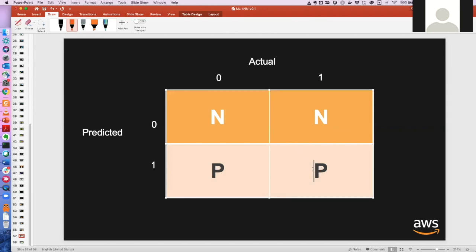Let's say this right bottom block. Here I predicted positive and the actual is also positive. That means it's a true prediction. That's why I'm typing it T. Here also I predicted 0, the actual was also 0, so it is true. Here it should be false because I predicted 0 but the actual class label was 1, and here I predicted 1, the actual class label was 0, so it is false. So the way to read this is true negative, false negative, true positive, false positive. Okay, so this is your confusion matrix.